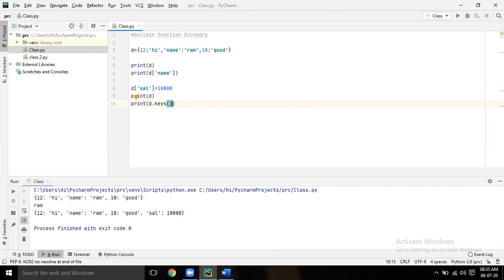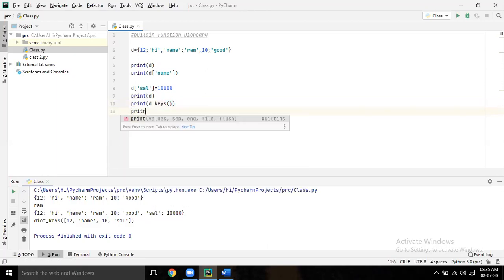Run it. If you write D dot keys, it will give only the keys present there. So keys are 12, name, 10, and salary. Now like that, D dot values, you'll get values.